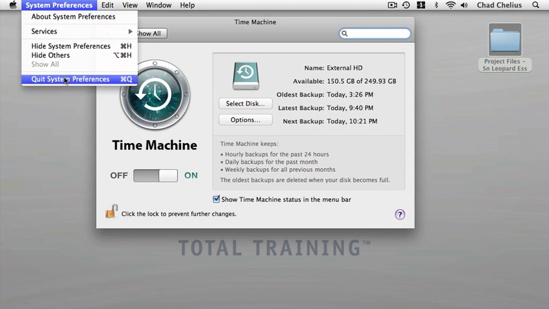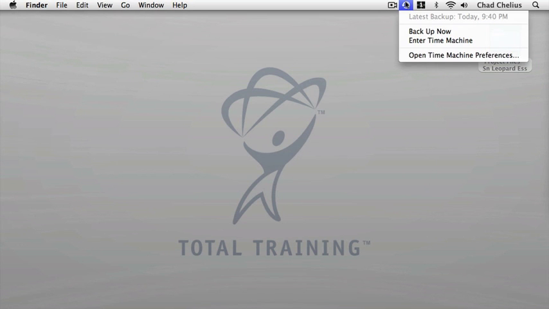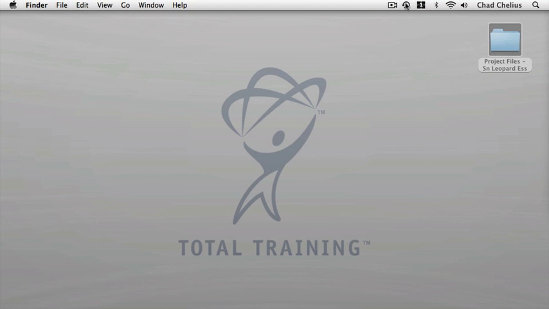So I'm going to quit out of System Preferences. And I can actually see that it already finished backing up my computer. Now, that's because I have already backed this up once or twice before. So your first initial backup is going to be very long. It's going to take a while to back up the data. But once that initial backup is complete, it's going to do an incremental backup, and it'll only back up the